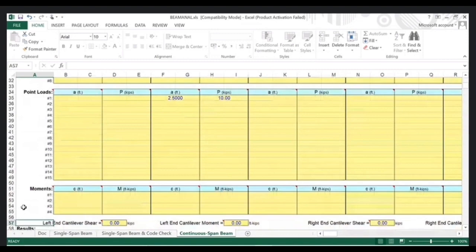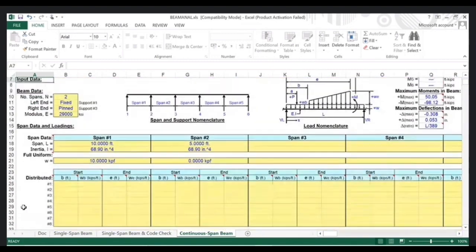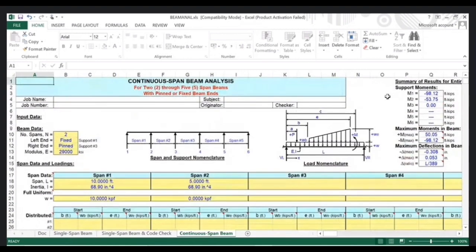So from these loads, we get the value of the reactions. You can see here, firstly we talk about the moment. From this loading condition, the first load is coming at the span M1, at the support of M1. So M1 support is the fixed end. On the fixed end, the moment that comes is 98.12.